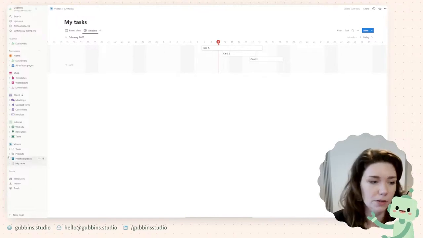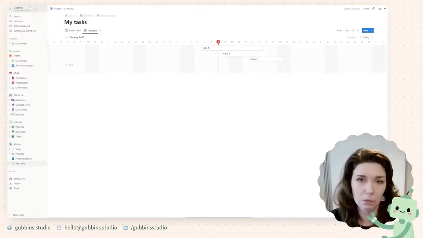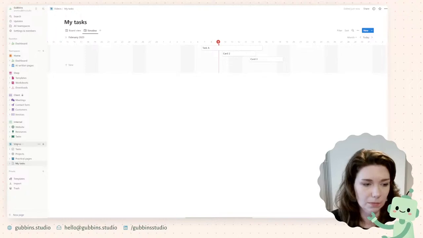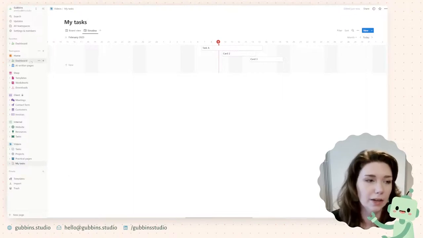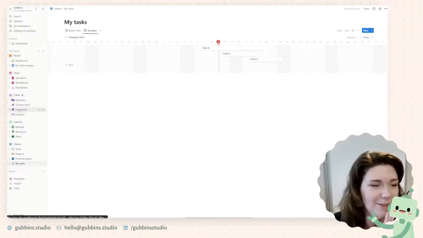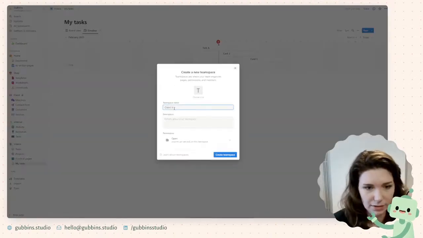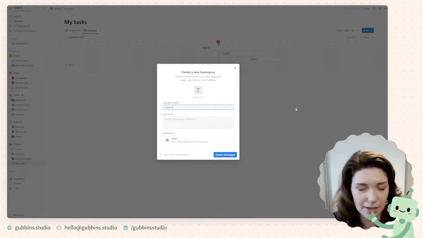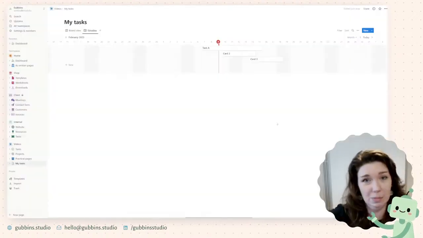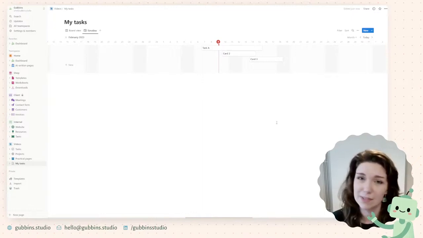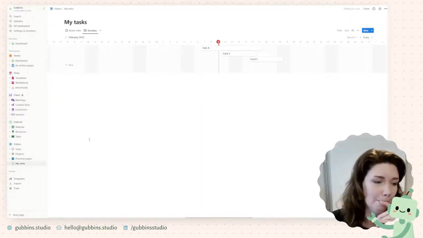Collaboration with Notion, you can invite people to your entire workspace, or you can invite them just to this particular team space. So if you had different clients, you could say, okay, I'll make you your own client space. You can see here that I don't really do that. I do it the old-fashioned way. But you could create a new team space for client A, invite your clients just to here, and then have all of your different pages and task dashboards and stuff within that Notion space.